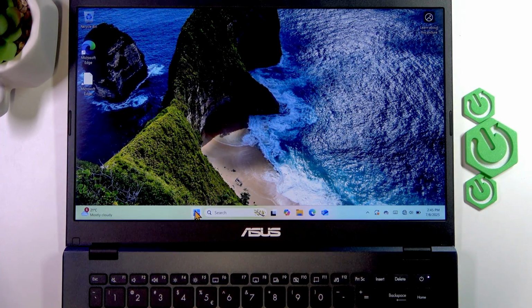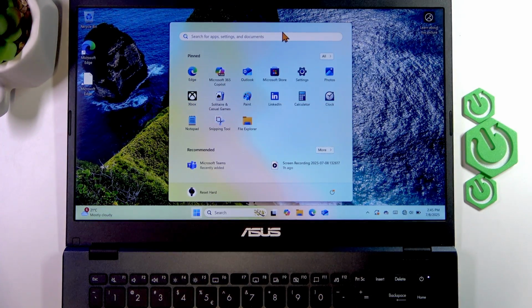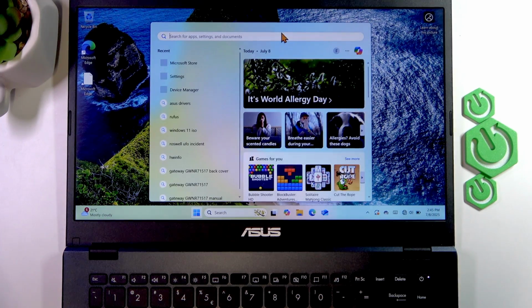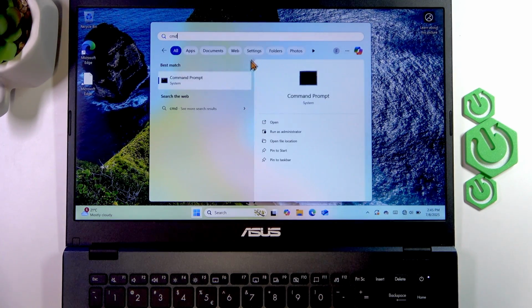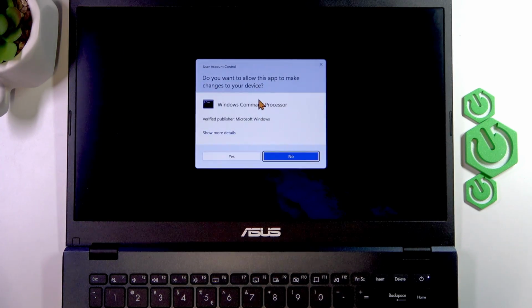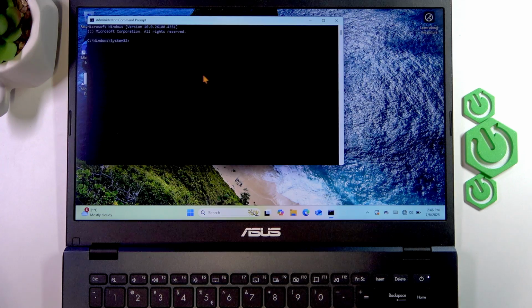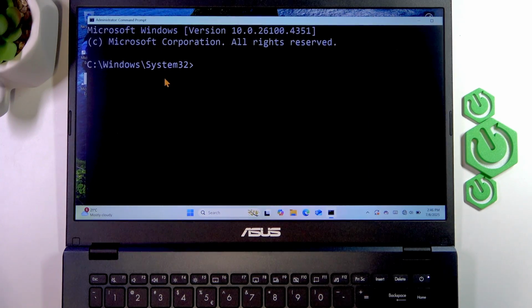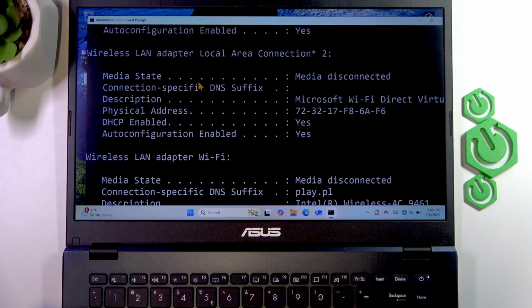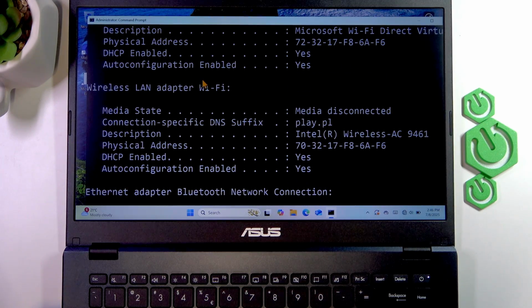First, open the Start menu by clicking the Start icon right here, then search for CMD command prompt application, then run it as administrator by clicking this icon right here, click yes. And then in the following window, you'll have to input IPConfig /all, press enter, and then you'll see the list of your